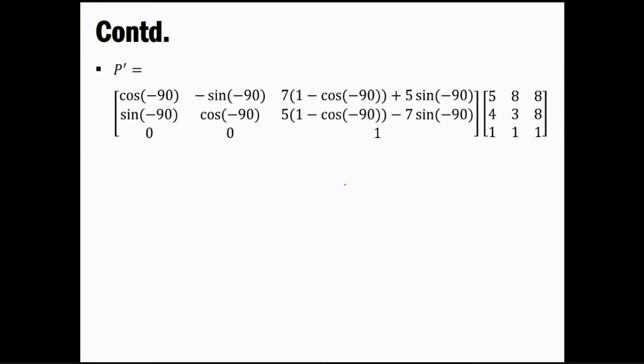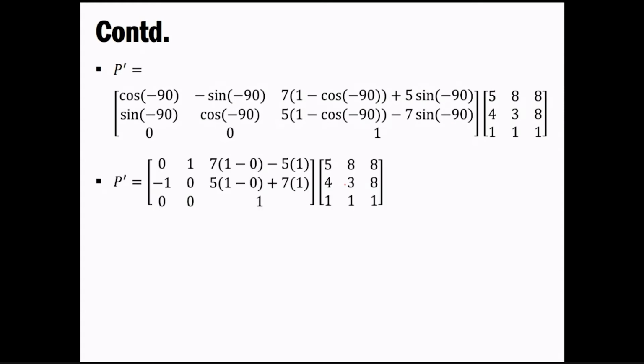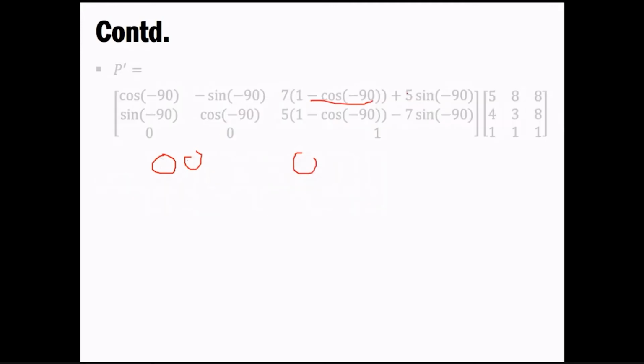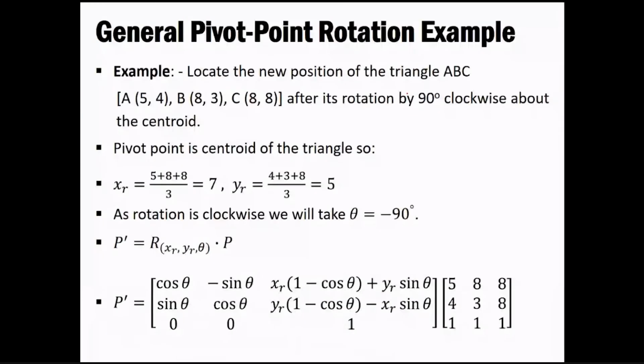Over here, the very first value, cos minus 90 degrees, is 0. That is what you are getting. Similarly, this thing is giving you one value. The whole thing you get out of this is 1 minus 0, because cos minus 90 would be 0 in our case, and then there will be sine minus 90, which will give you one value. And that is what you will do: you have to multiply it with 5, because 5 is nothing but our y r value that is given over here.